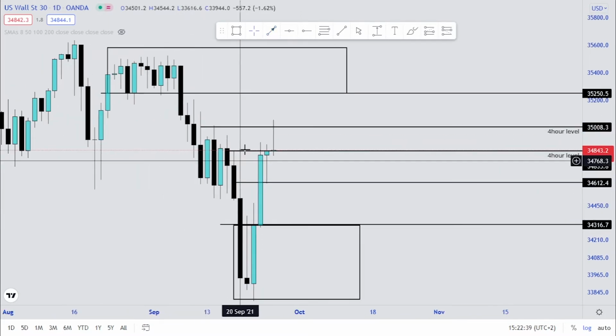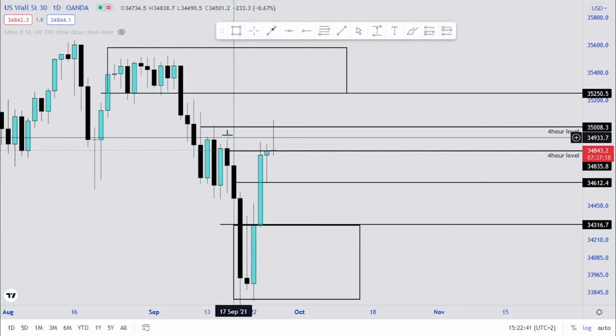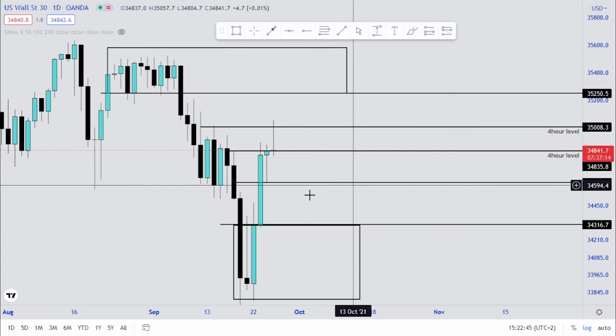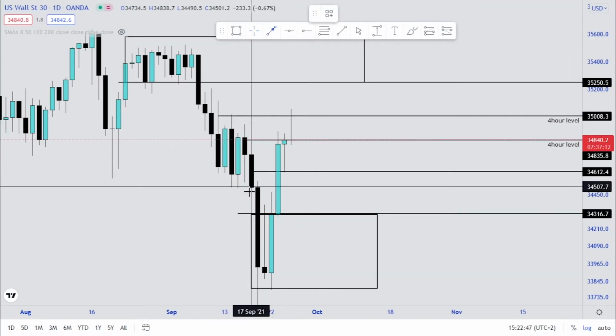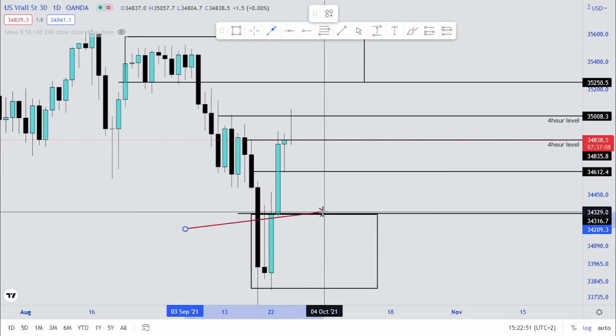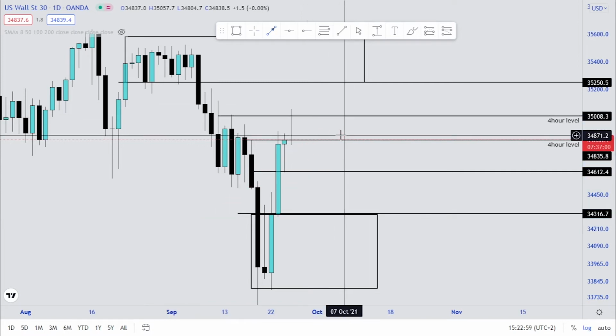So now we can see we are facing this box region here again, and that is why price decided to come to the downside. So that is why I tell you guys, if price decided to break market structure to the downside again and come and test this region again, we can most likely see that price will give us a beautiful impulse to the upside. So that is basically what I can see on US30. So let's jump into